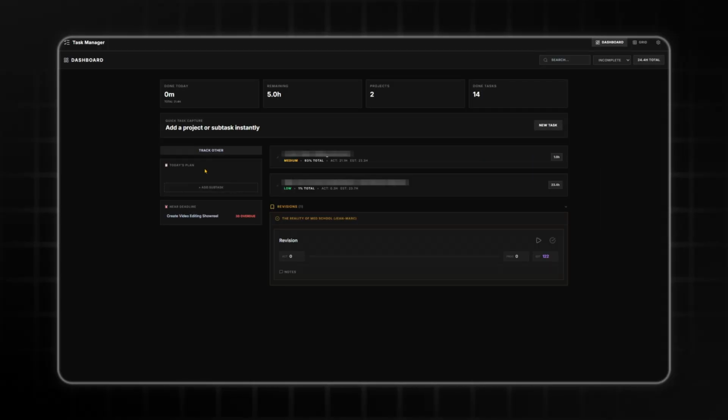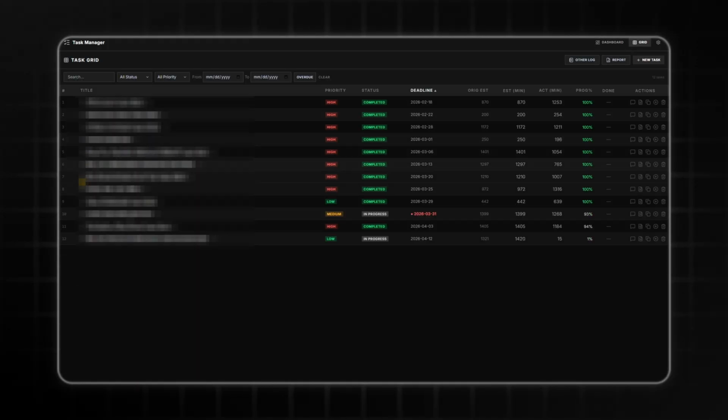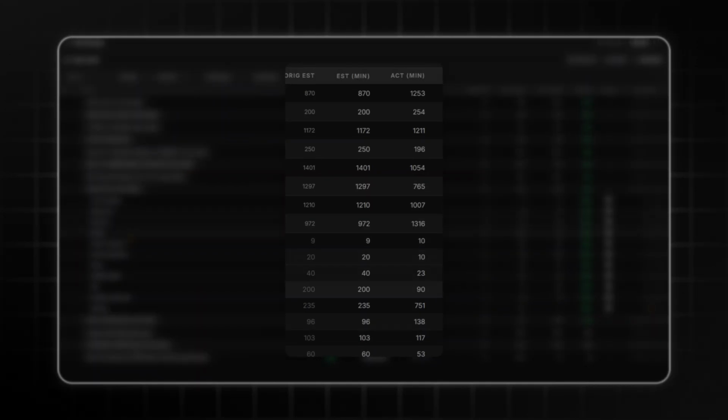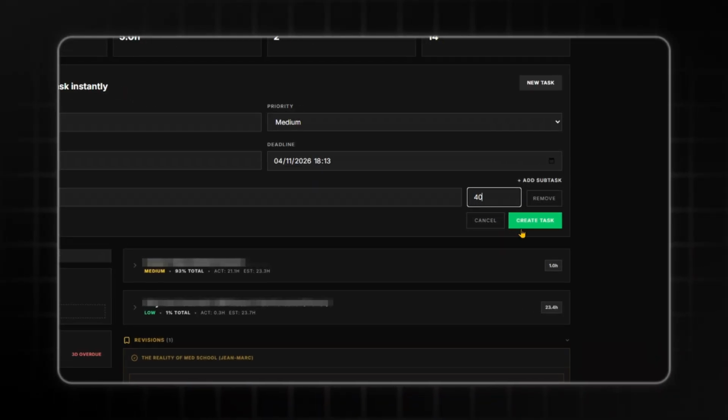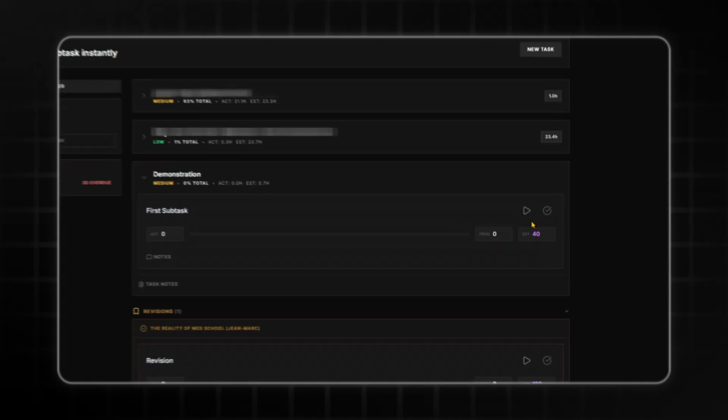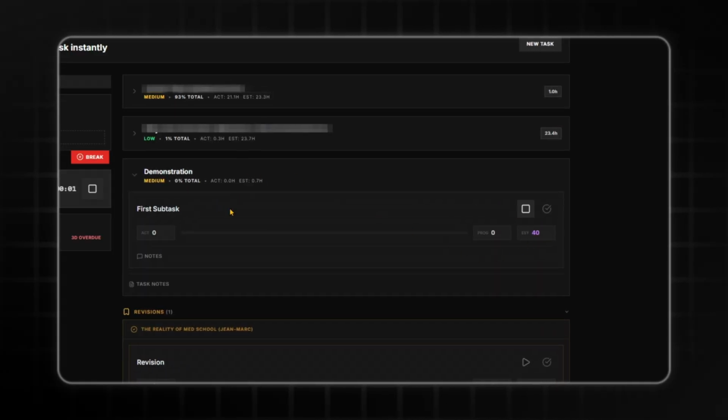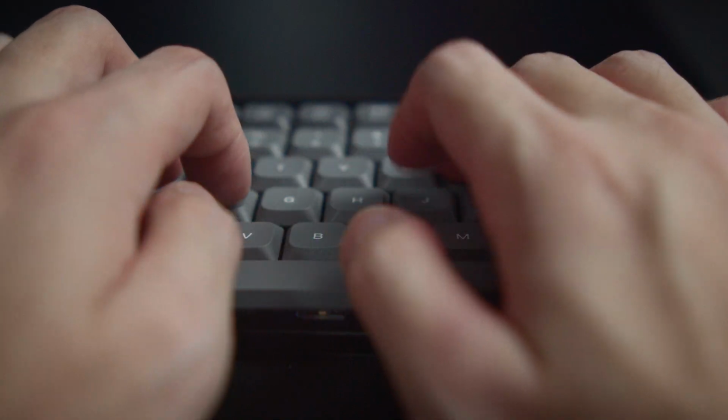This task manager I created is helping me to know exactly how long I took on each step of the process. The rough cut, fine cut, B-roll, motion graphics, all the stuff. I can put an estimated time for each task in this project. Then I can track the actual time I spend completing these tasks. It will give me a report on the efficiency. If I work faster than expected, next time I can plan a little bit less time into the project.